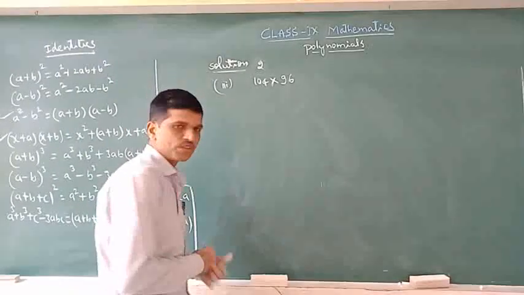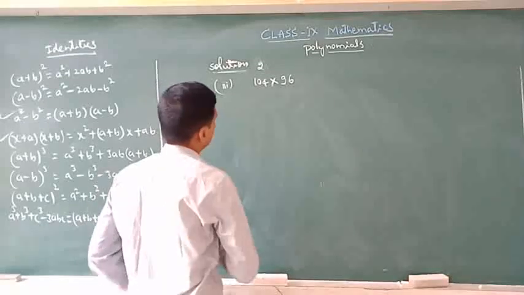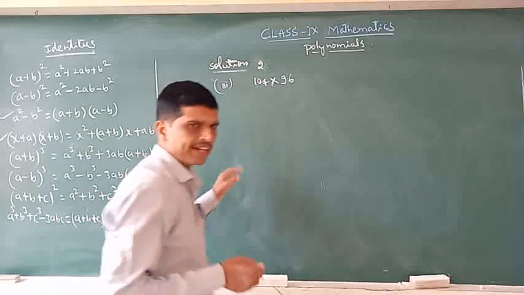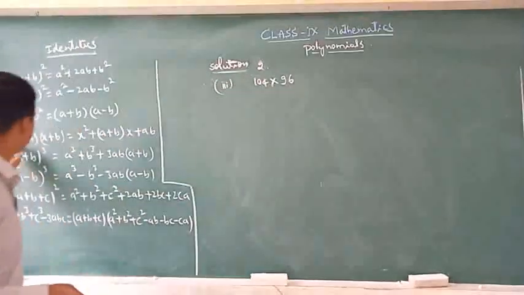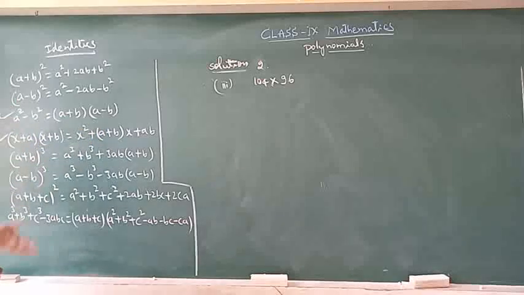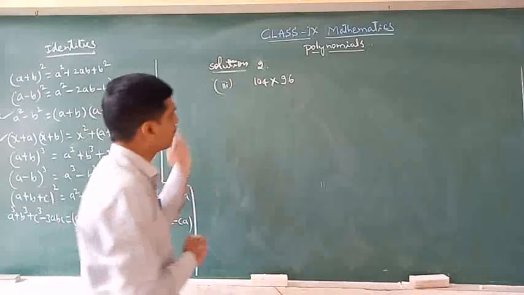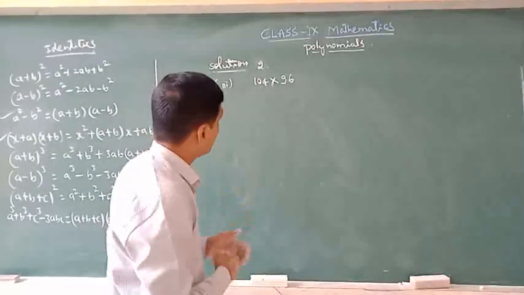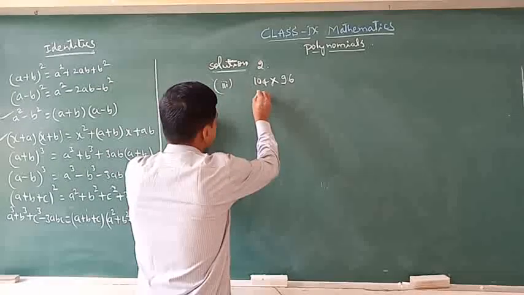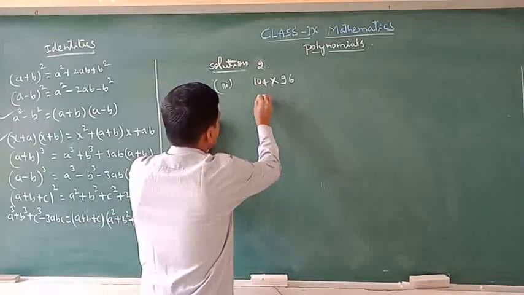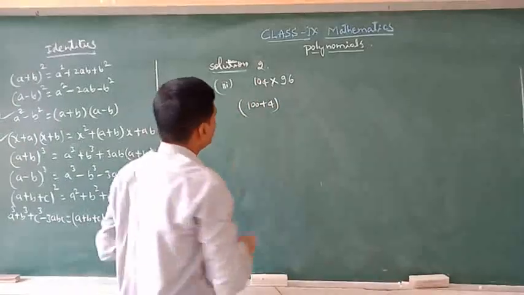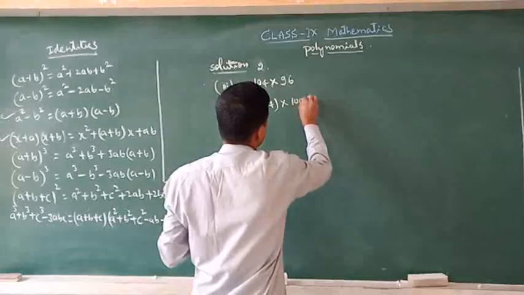The same way, you can solve the second one. Now take the third one. Observe here also. Which identity suits this one? Any identity, but the easiest to compare is (x plus a)(x plus b) or (a plus b)(a minus b). Before comparing, we should convert this into binomial terms. Here it is 104, so we can make it 100 plus 4 as in the previous case. In the same way, we can convert the other one as 100 minus 4.